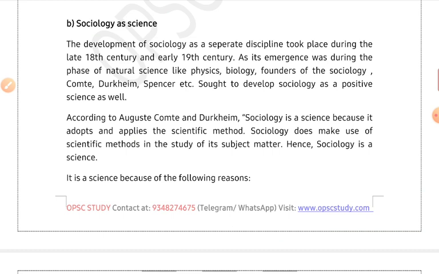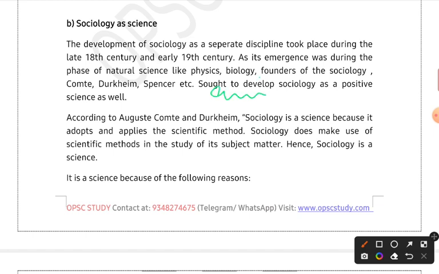So basically you can use the concept of emergence of sociology, a brief history you will write, if the question is not just about writing the emergence of sociology. You can use this emergence of sociology in almost every part of unit 1 and unit 2, right? You can start the intro of all the chapters or topics in both the units with a brief history only. So let's proceed with the first part.